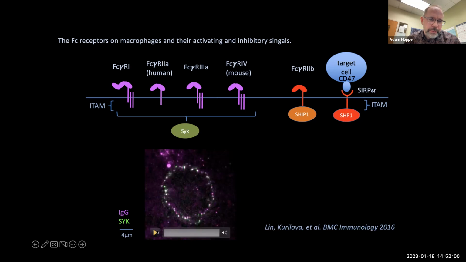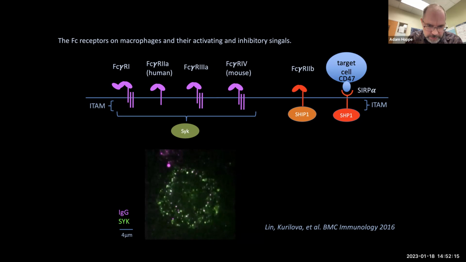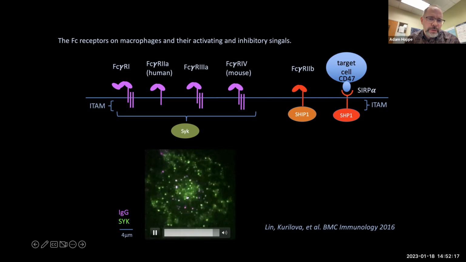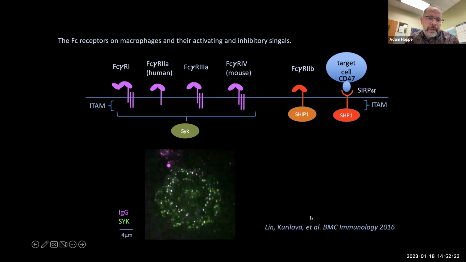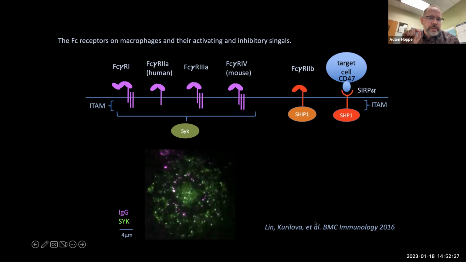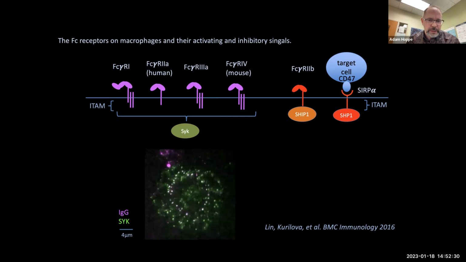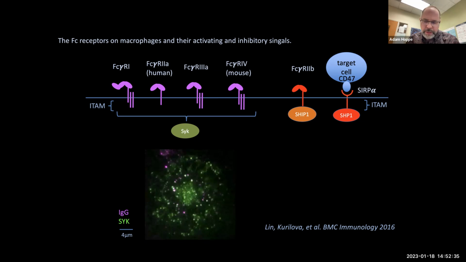Just as an example of the recruitment of Syk, I'm going to show you a movie of a macrophage engaging a supported lipid bilayer displaying IgG, which is labeled with a fluorescent dye in magenta, and the recruitment of Syk. And so this is sort of like the macrophage trying to eat the glass, coming at us in this view. And you can see the recruitment of Syk to these Fc receptors and the microclusters that form. Importantly, the clustering of the Fc receptors is central to its activation and downstream signaling. And I want to talk a little bit about how that clustering is important for viral